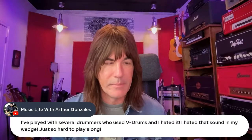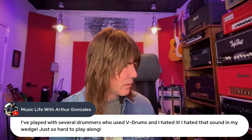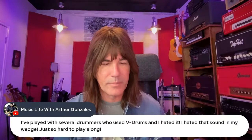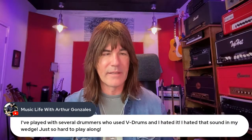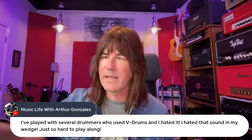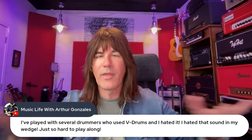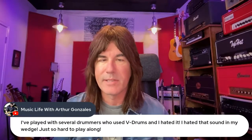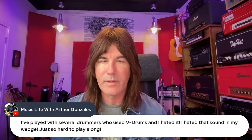It's not even like using an amp modeler, because a guitar amp runs through electronics and speakers, right? It's like trying to recreate an acoustic guitar with electronics, like on a piano, with a sample. It doesn't sound right, and that to me is like V drums. It's an acoustic instrument, for Christ's sake, the cymbals, the way they decay, and it's got nothing to do with amps and stuff. The drums are the one thing that's always acoustic on stage. I mean, unless you're using samples or whatever type of sounds, that's a different thing. But the sound of an acoustic drum set has nothing to do with samples and all that stuff,